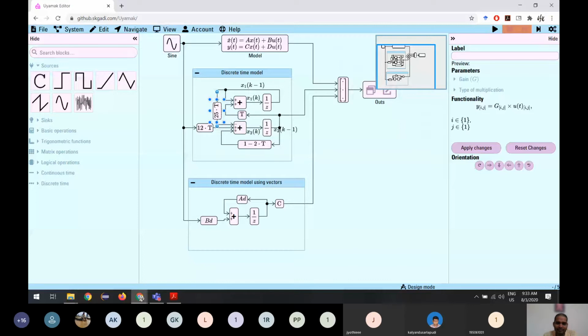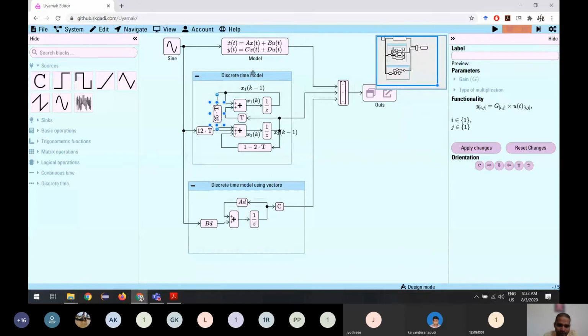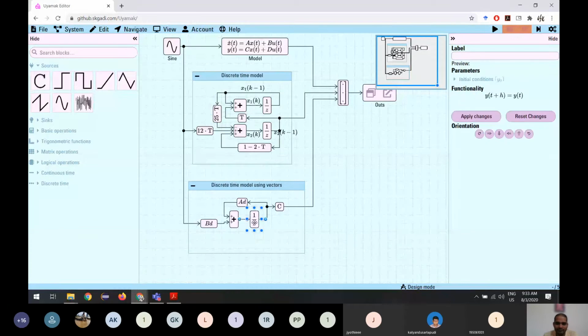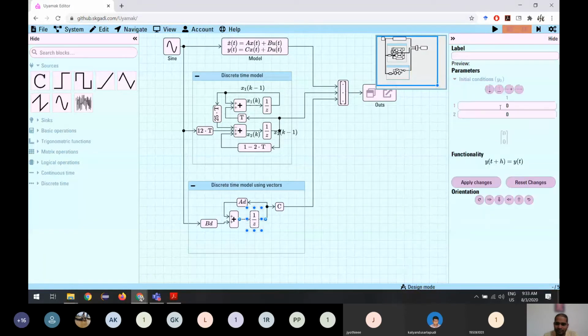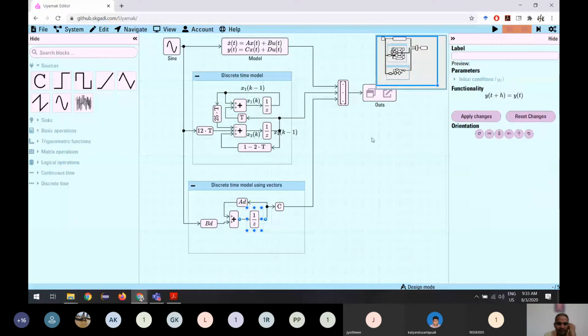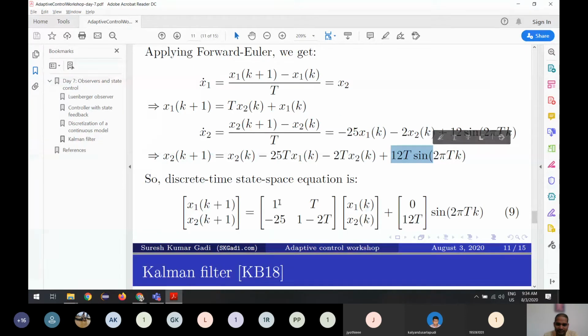And then there is another way. We can see it is getting very complicated to implement, so we can use vectors. So how do we use the vectors? We just give some initial conditions to this as 0, 1, 0, 0. So instead of integrating one single value, we are integrating both at the same time. So we can use the ABCD constants here. So the feedback loop we are having is A, right? So this is the A.